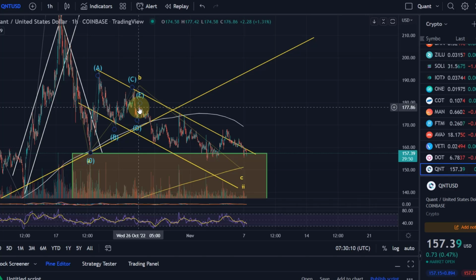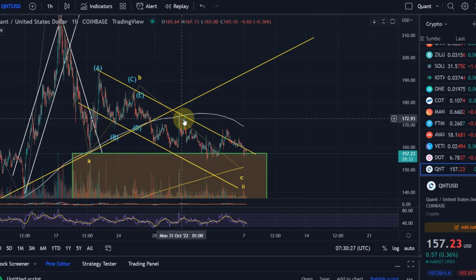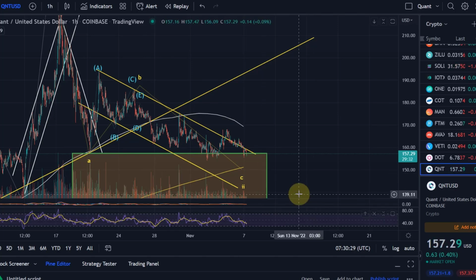Only then would I consider this move down really over, and that we've bottomed and that we are back in an uptrend, and that would be in a wave 3, and that could take us to very high levels, right? So we're then talking about prices above $300, $350, and overall the larger trend is up anyway. So yeah, primary expectation still further down.